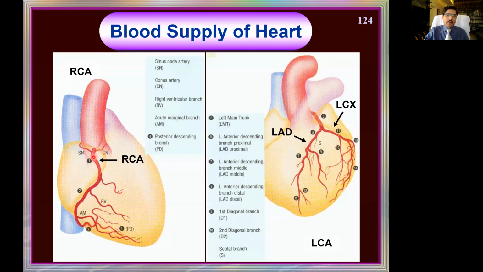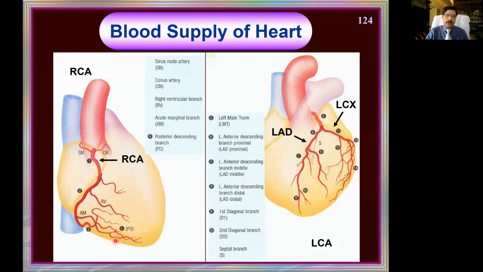The right coronary artery gives several branches. There is the sinus node artery, the conus artery, and the right ventricular branches. This is the RV branch, then the acute marginal branch, and then the posterior descending branch, which goes below the heart